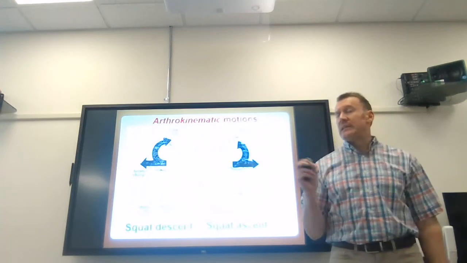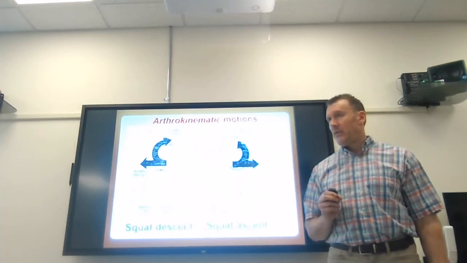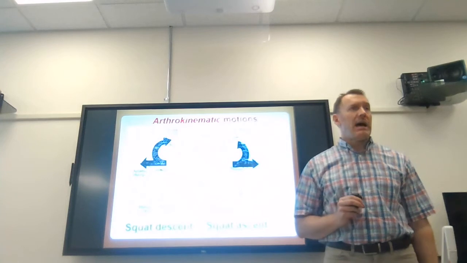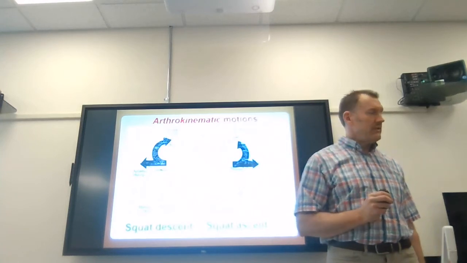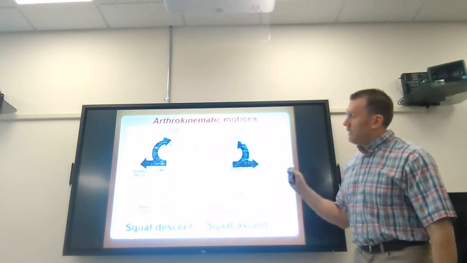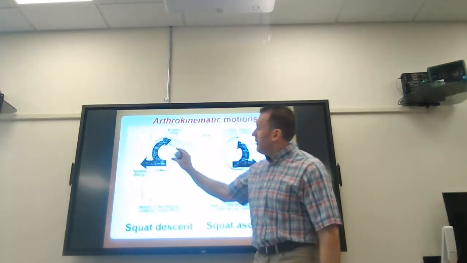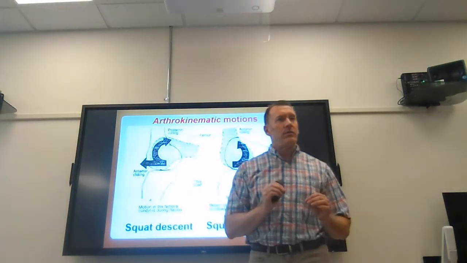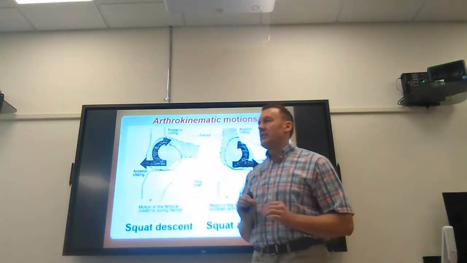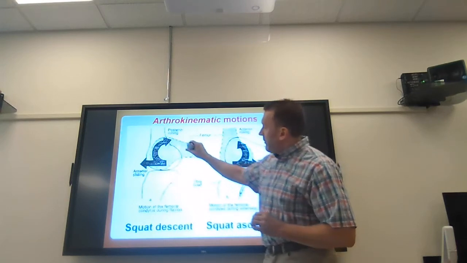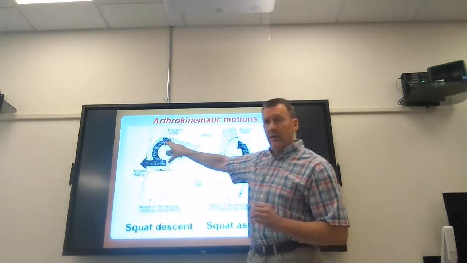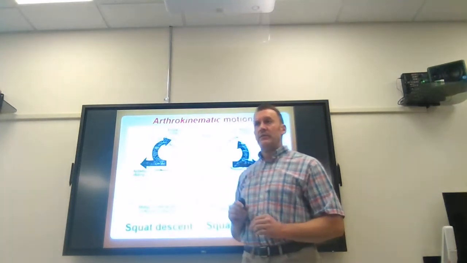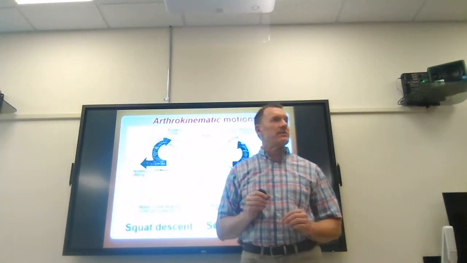So flexion and extension, those are osteokinematic motions. But if we look at what's happening within the bones that make up the knee joint articulation, we have the femur and we have the tibia. So the knee joint is sometimes called the tibiofemoral